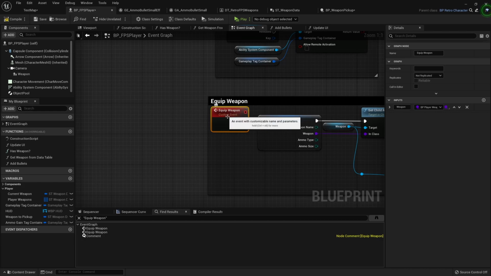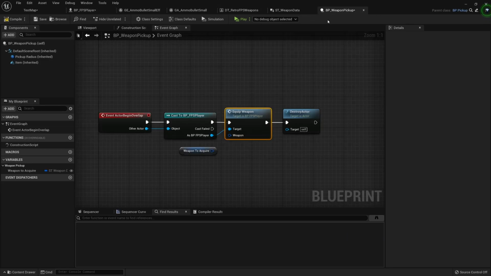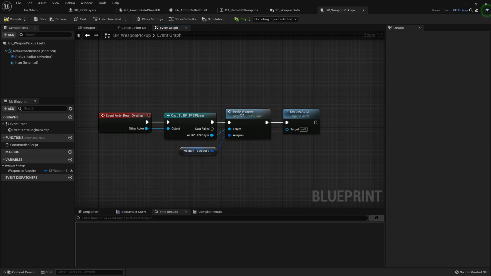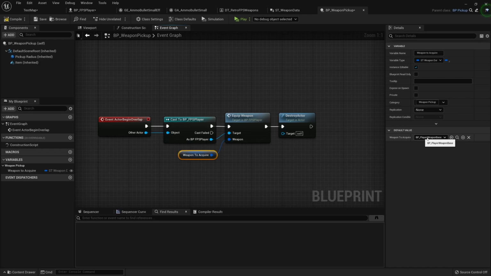And then the equip weapon, we're going to change that also to the weapon data struct. And we can pass that straight in like that. Back over in the weapon pickup, we can drag that in here, compile it, and we can say here specifically which one is going to be the default. And it's just going to be the player weapon base, because this obviously is going to change based on it being dragged in. So if we don't change it when we drag it into the world, it's just going to be the simple player weapon base.